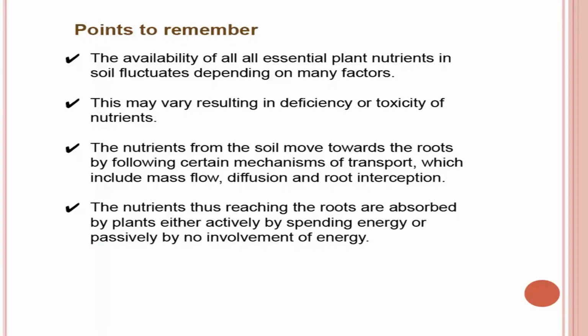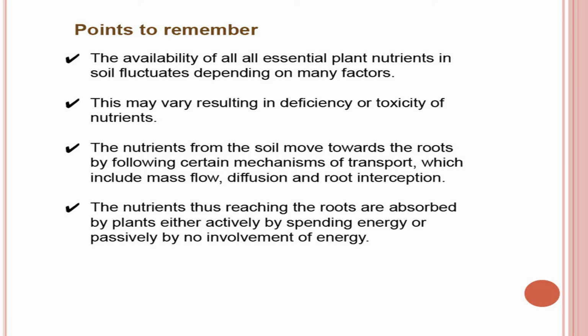For example, for nitrogen, phosphorus, potassium, the ideal ratio is 4:2:1. So, we must take care of this accordingly, and similarly the method of fertilizer application. Normally phosphatic fertilizer should be placed, similarly potassic fertilizer should be placed. That way we can increase the availability of the nutrients supplied through the fertilizers. And this may otherwise result in deficiency or toxicity of nutrients, means excess can happen, deficiency can happen.